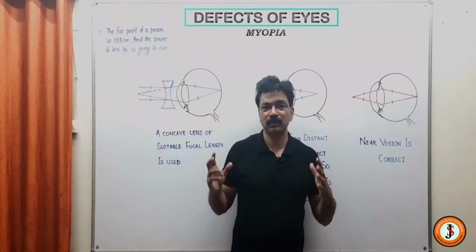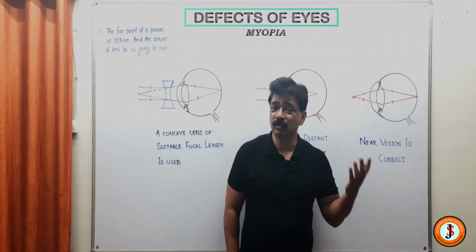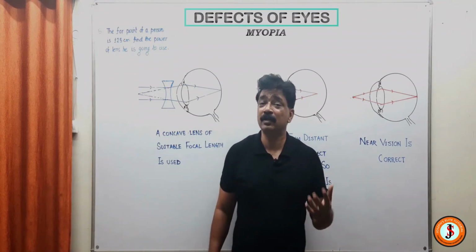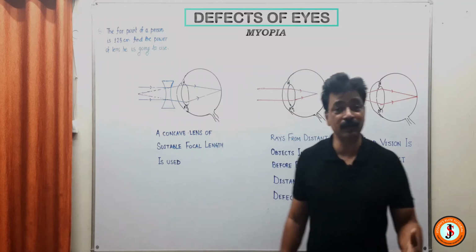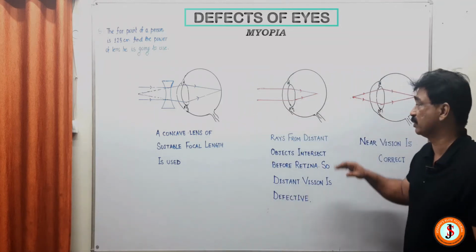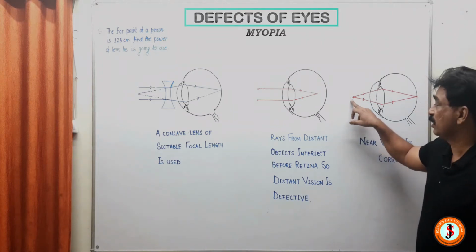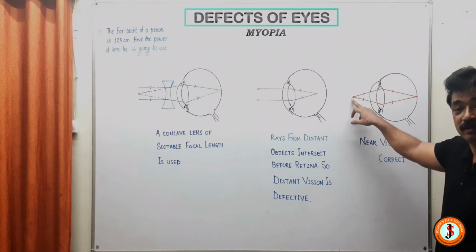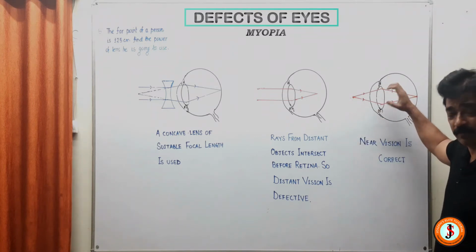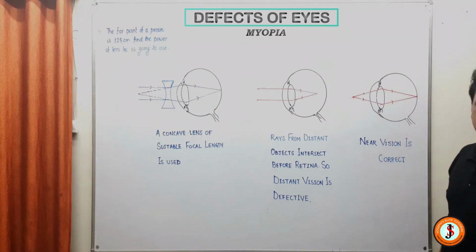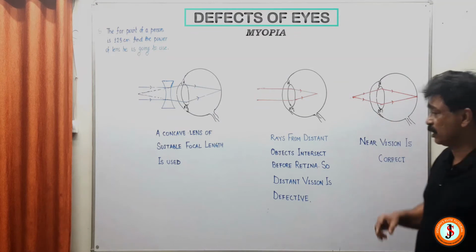Short-sightedness means that the eye has the ability to see nearer objects perfectly. That means from the near point, nearer objects can be picked up perfectly. Suppose the eye is watching an object nearer to it, then the ciliary muscles expand, the eyeball goes a little far backwards, and then what happens? Let us have a look.